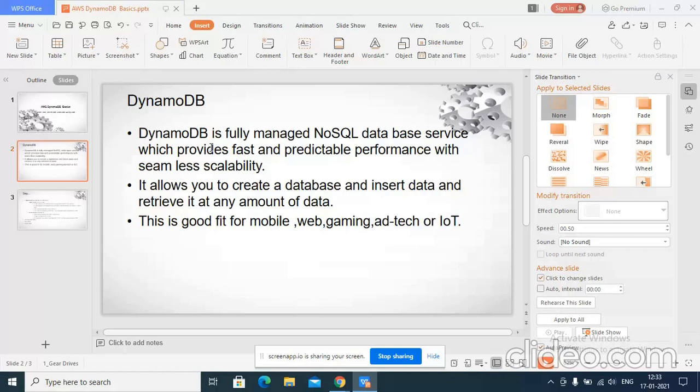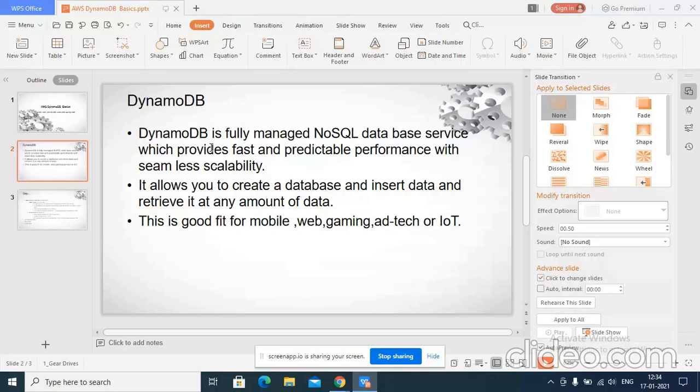So in this way, a lot of config work is there. But DynamoDB is fully managed by AWS. So what do we have to do? You just have to create a table. You don't have to take care of how it will scale, how performance will be managed, or how connections will be managed.